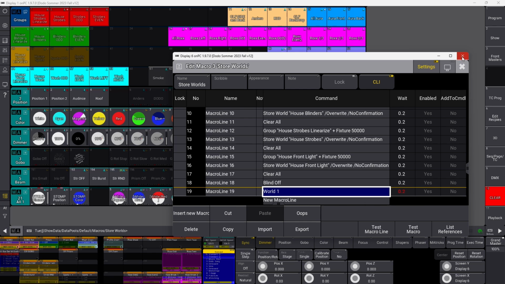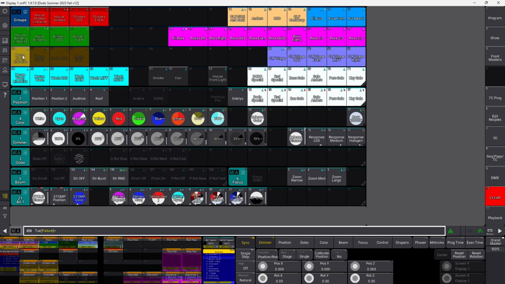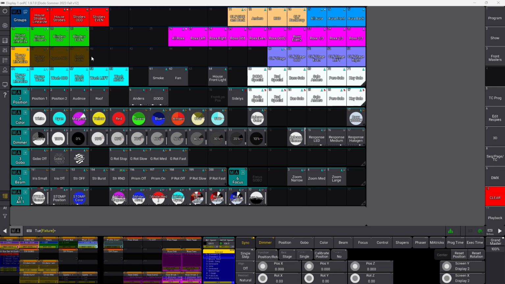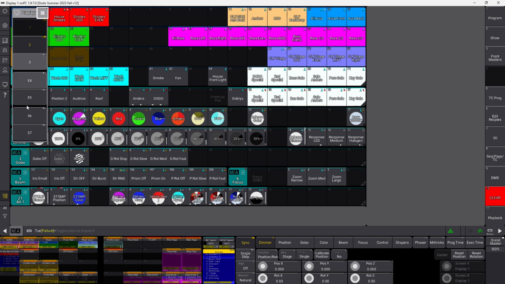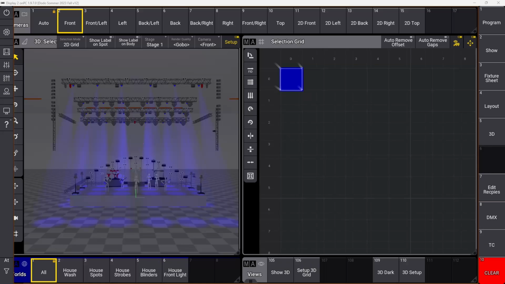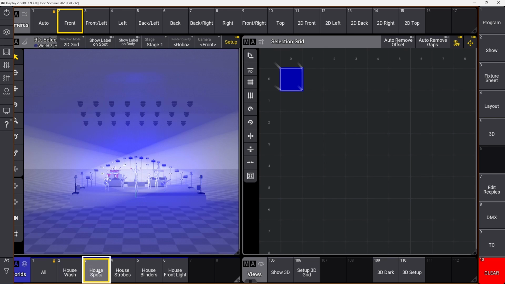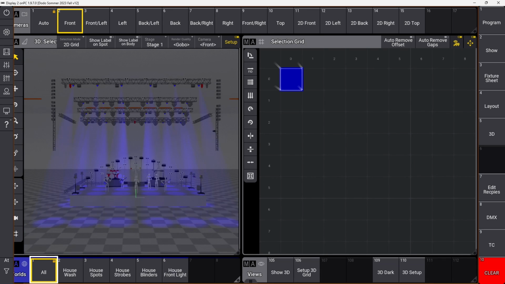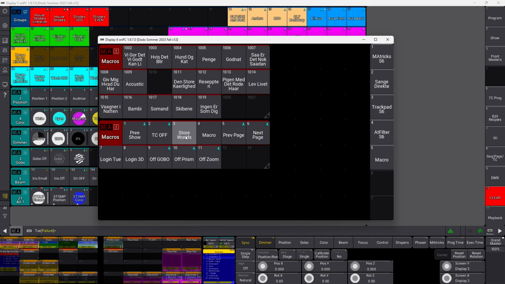So if I run this macro now, I go into my macro again and I simply just run it, and you can see it just automatically does everything for me, and now everything is sorted into my world views I need. So basically that's what my world macro is doing for me, and it just makes the next process a lot